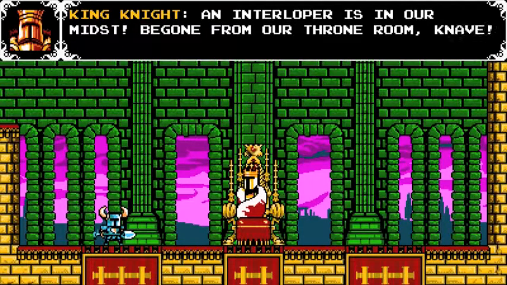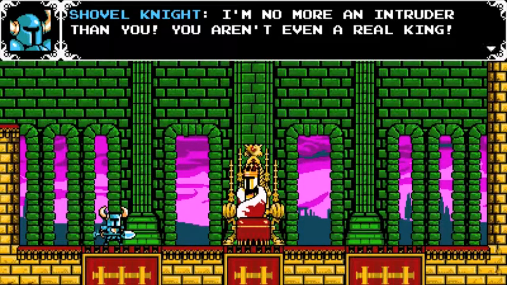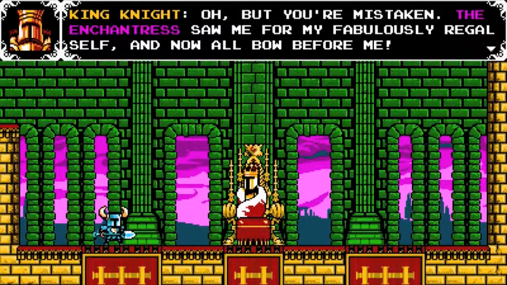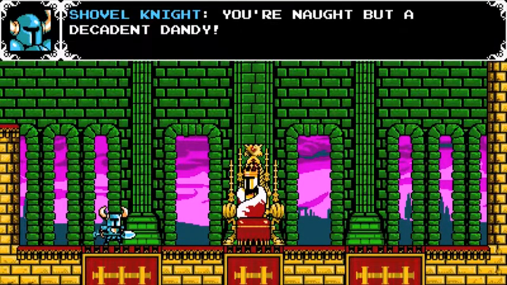An interloper is in our midst. Be gone from our throne room, knave. I'm no more an intruder than you. You aren't even a real king. Oh, but you are mistaken. The enchantress saw me for my fabulously regal self, and now all bow before me. You're not but a...